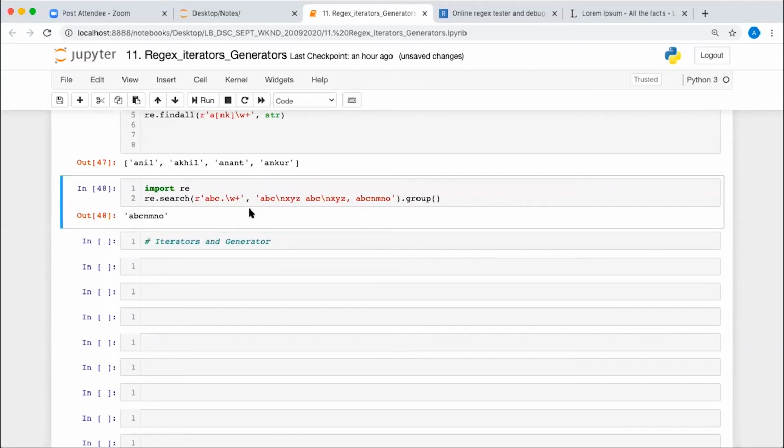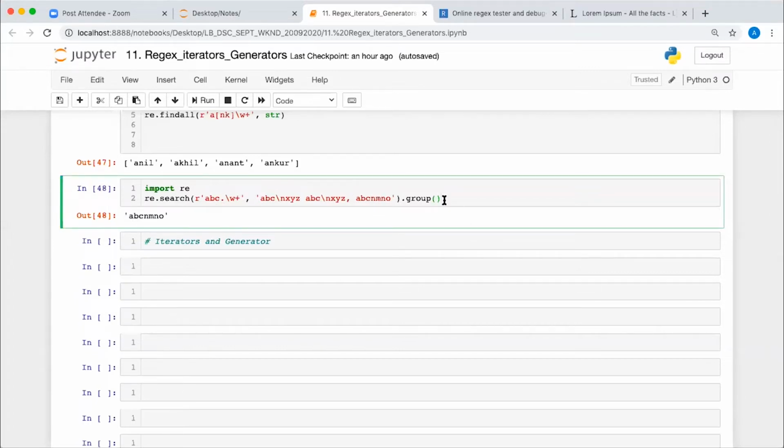So I'm applying this group method and I'm getting this last character. Now this has a new line, and this has a new line. It didn't match them, because it is giving me ABC and MNO. Why? Because ABC is matched, backslash W plus is matched, and for dot it is matched N. N is a character literal, so it is matching this.